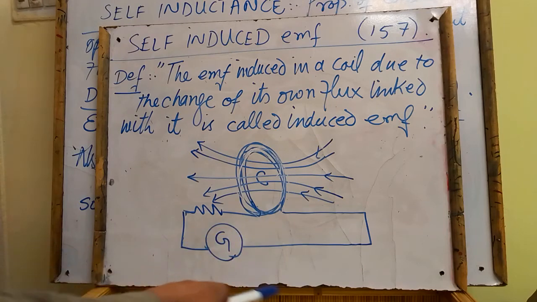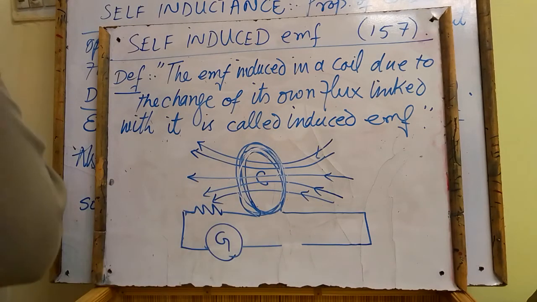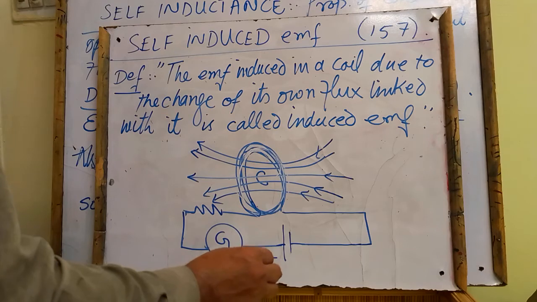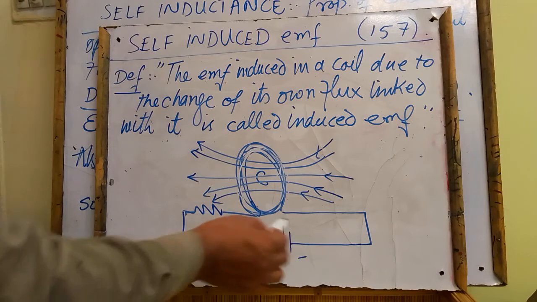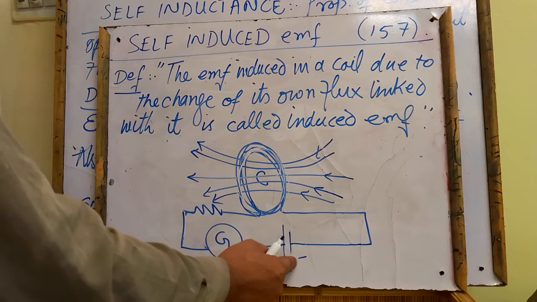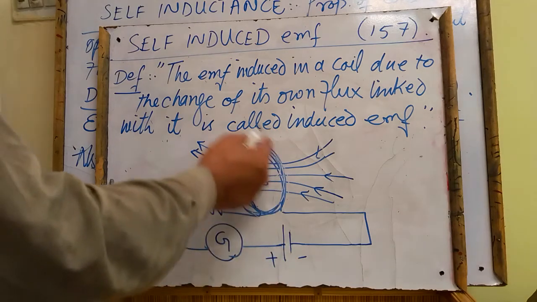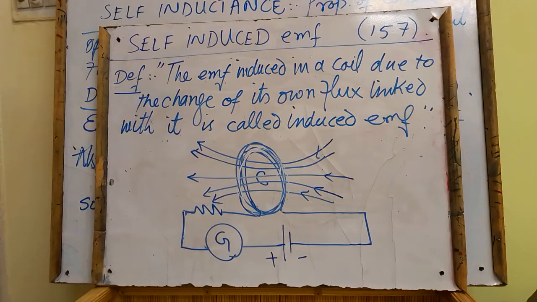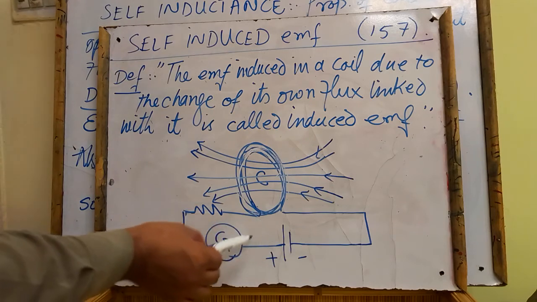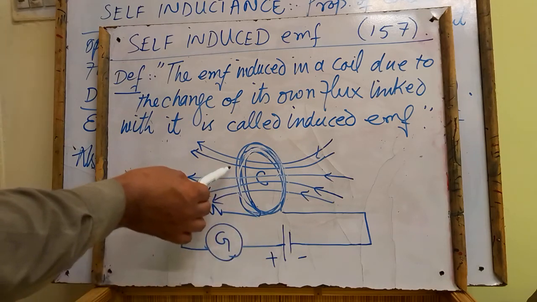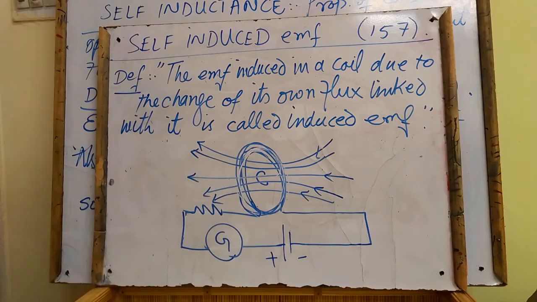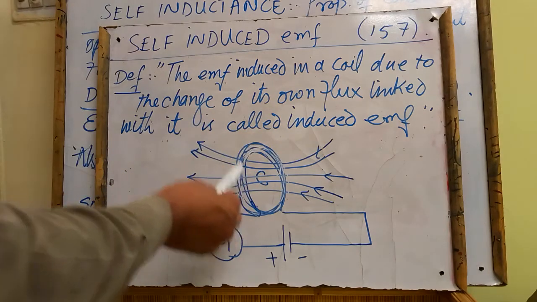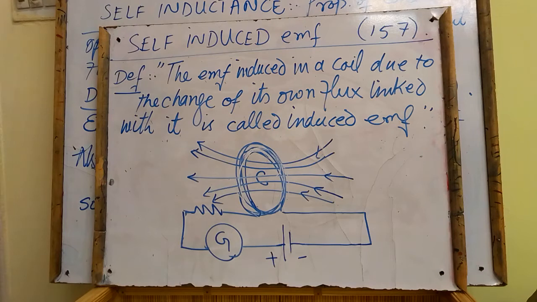If, for example, we introduce a DC source, like a battery, into this coil, the current will start to flow through the coil, but still there will be no self-induced EMF because the current is not changing its magnitude and direction. Similarly, this magnetic field will also not be changing its value or direction, and no flux change will take place through the coil, so no self-induced EMF will be there.